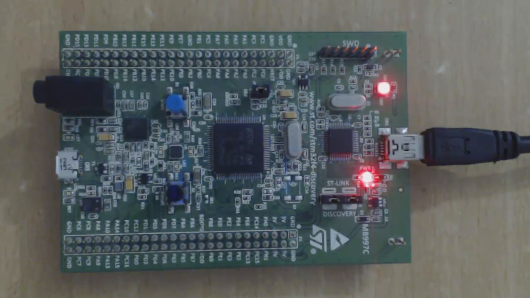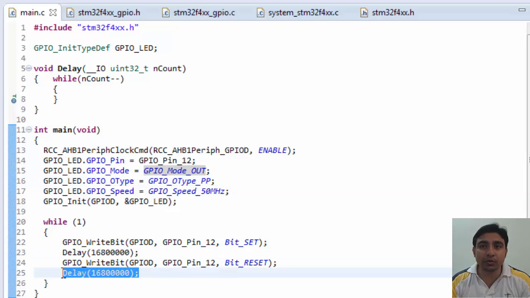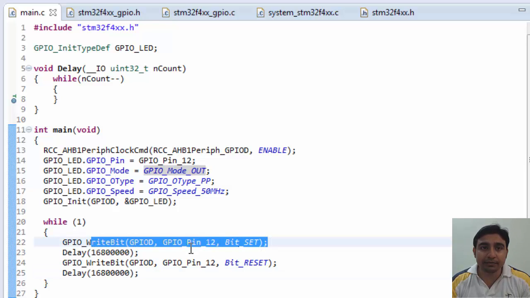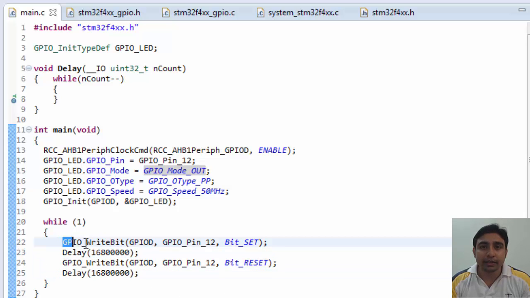So the next thing we will do is change the blinking speed. We want the LED to blink at a delay of 1 second. Although after changing the clock settings, you will find that the LED is now blinking at nearly a 1 second gap. Now if you have gone through my previous tutorial, then you will remember that we added these delay statements to hold the execution here. Hence our LED is first switched on at this line, then delays for some time, then the LED is switched off, then delays again, switches on, and these steps continue like this.